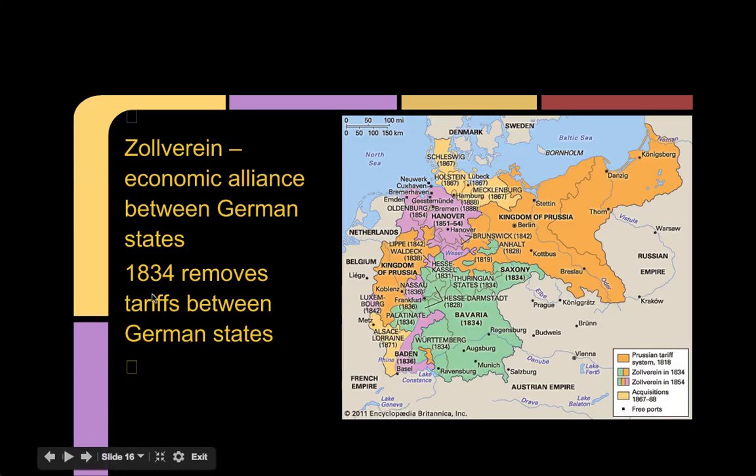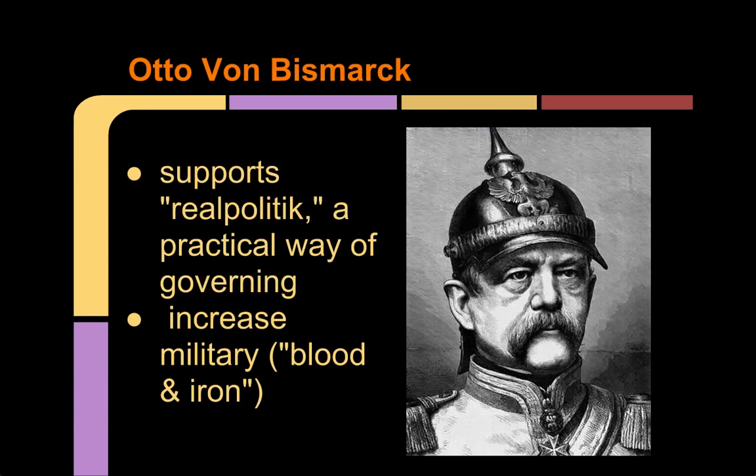And what's going to happen is that in 1834, to make things a little bit better, they're going to remove tariffs, which, remember, are like taxes on products and things like that. This guy is Otto von Bismarck. Now, later, Otto von Bismarck will come into play when it comes down to Germany, and what he's going to